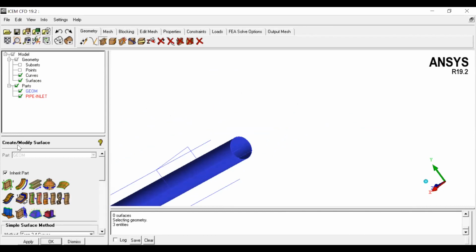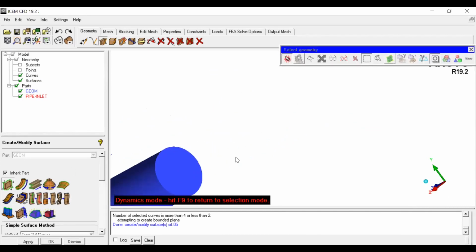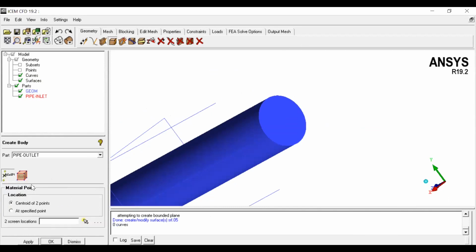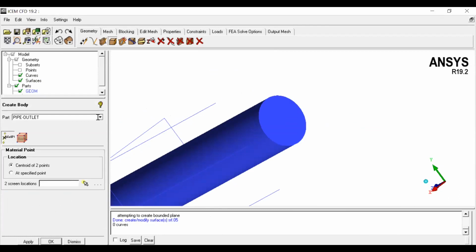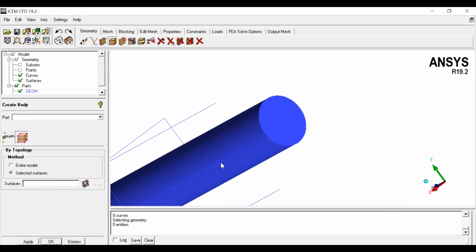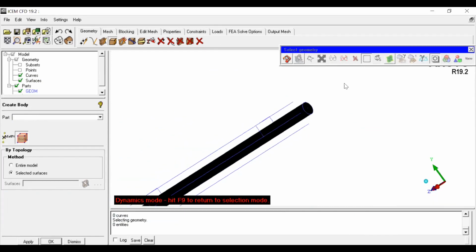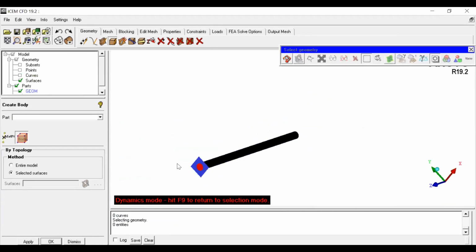So let me create a surface again. Create a body. Selected surface 1, 2, and take the curves. We don't want curves now.